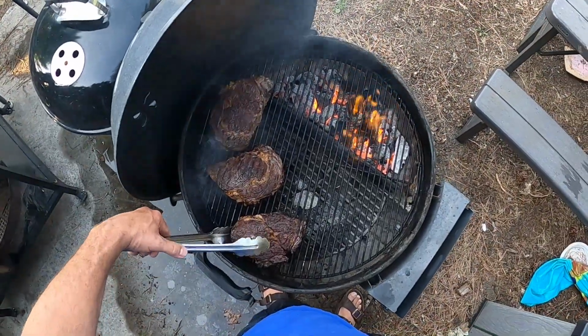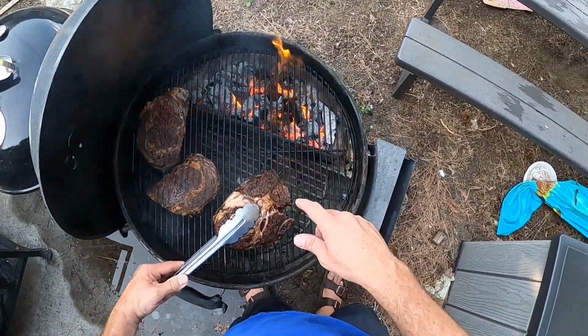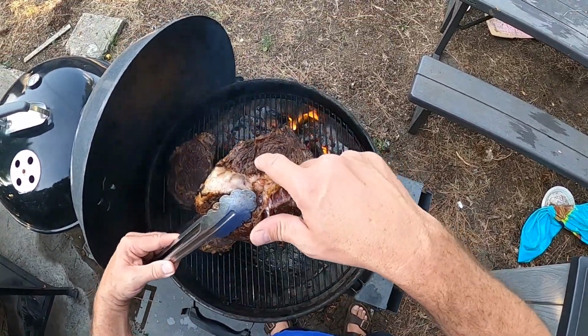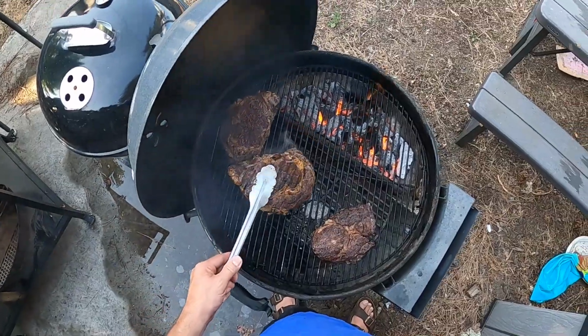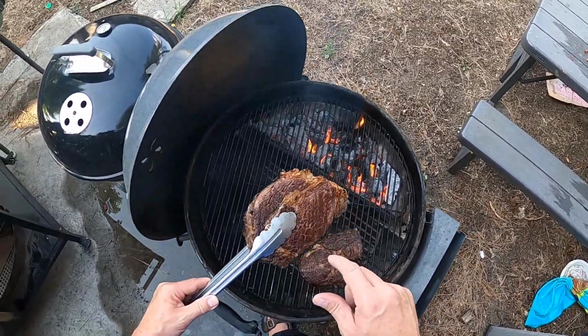All right, we are getting there with the sear. You can see we got some good color on this. It's looking good, a little bit crusty. This one's looking pretty good, and so is this one. Got a nice color here. Now,